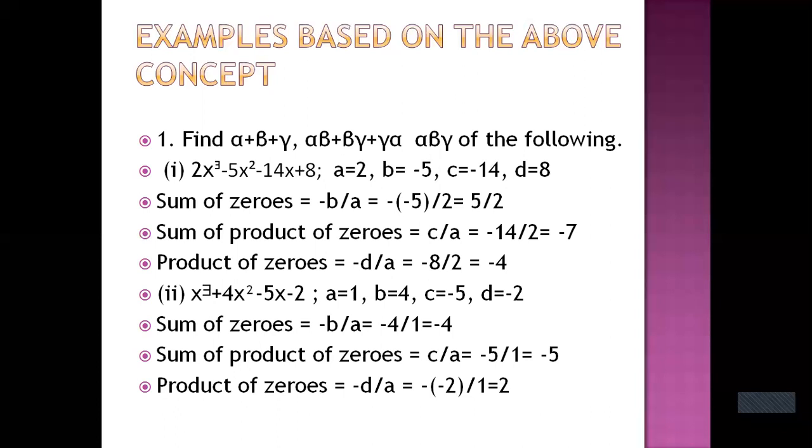Sum of product of zeros formula is C by A, that is minus 5 by 1, which is equal to minus 5. Product of zeros is equal to minus D by A, that is equal to minus of minus 2 by 1, which is equal to 2. Next,